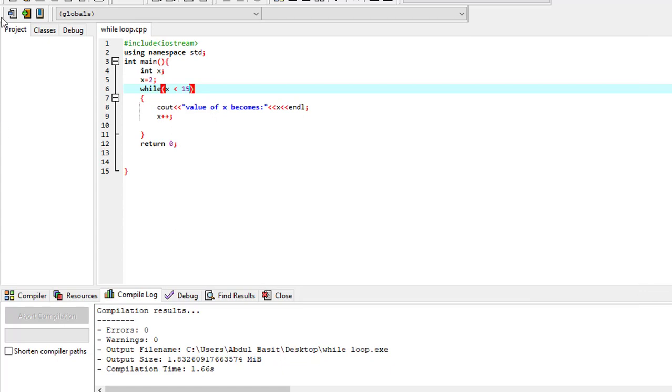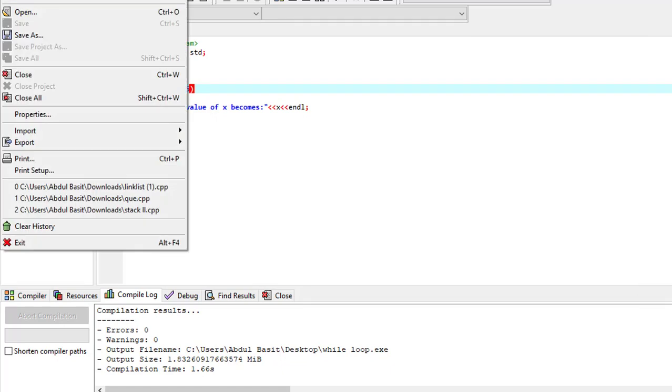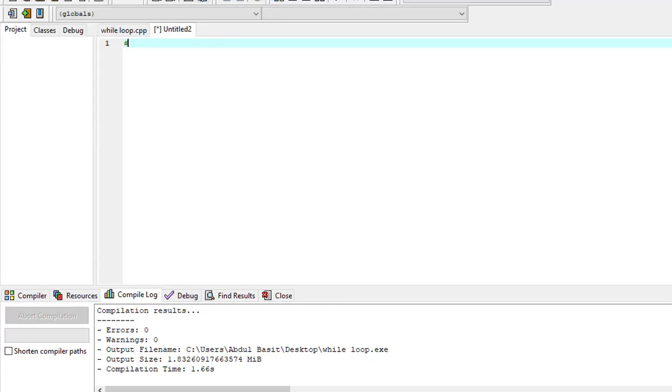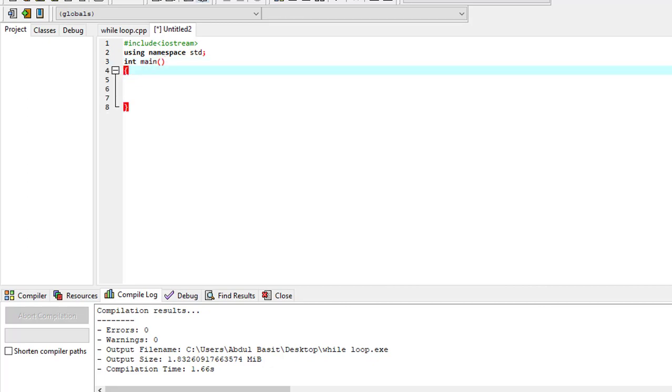And now it's time for the for loop. Okay, for the for loop we open a new file. Okay, here we write again hash include iostream, using namespace std and int main. Okay, so like that we take a variable int x, and for example x equals 1,